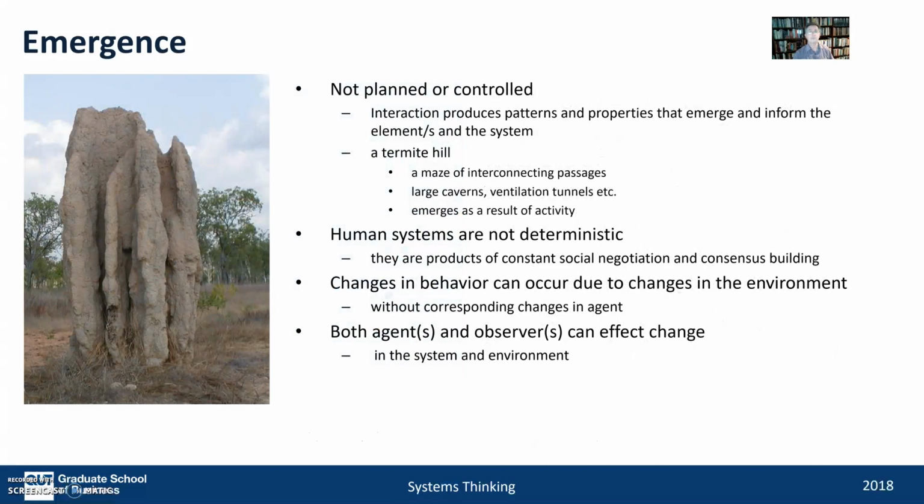undertaken. Similarly, we could look at anthills. They're not planned, they're not controlled. The interaction amongst the millions of ants produces patterns and properties that emerge to inform the whole system. So an anthill or termite hill is a maze of interconnected passages, large caverns, ventilation tunnels, and it emerges as a result of activity. There are many examples of emergence, and emergence is one of the critical aspects of complex